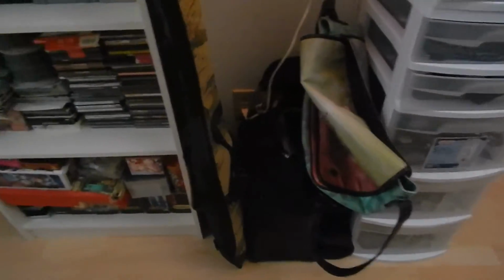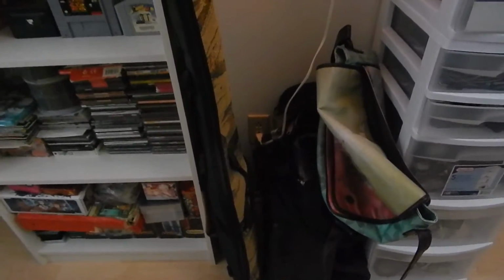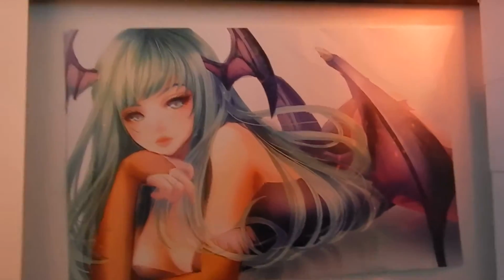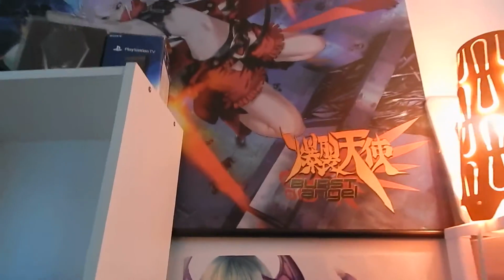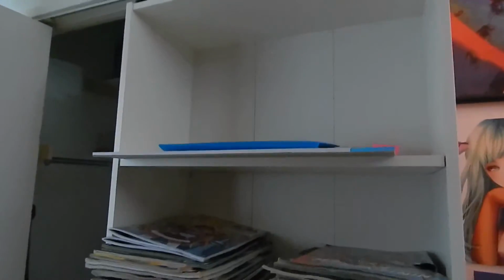So then I put some bags, borrowed a guitar. I would like to learn how to play more. Got some new prints of Card Captors and a shiny. Actually, you could tell that it's shiny depending on how the light flickers, but it's Morgan. And then you got Burst Angel wall scroll, Nintendo 64, PlayStation TV box, a Hellsing figure,